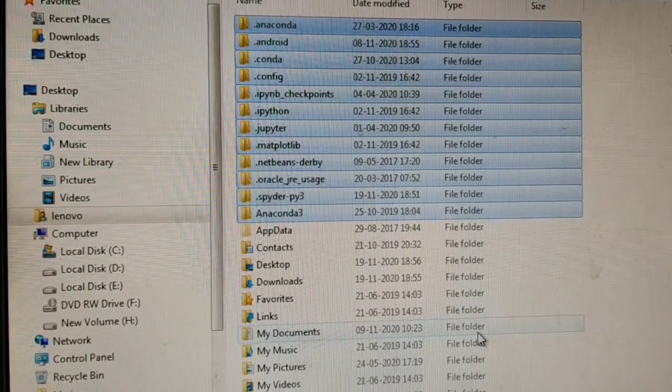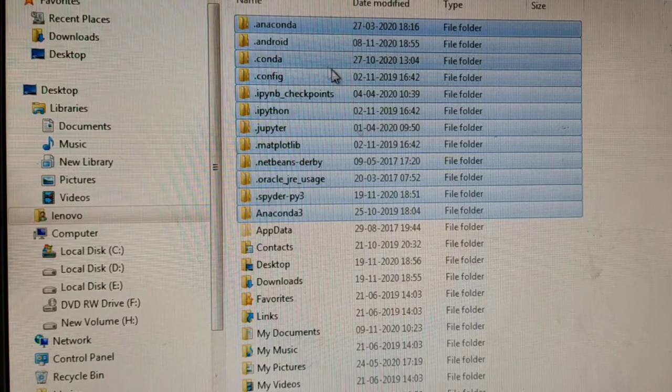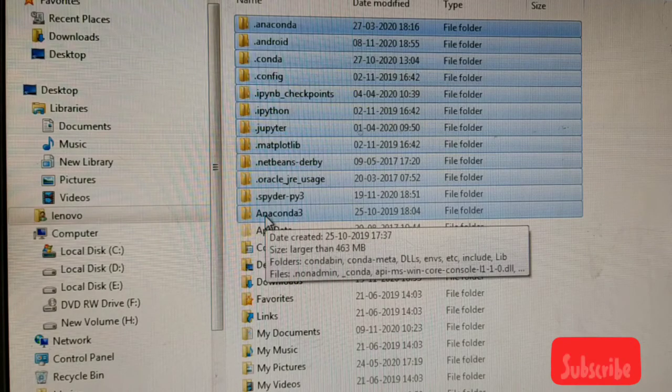First uninstall Anaconda from the control panel, then delete this Anaconda folder. After this, you can reinstall using the download that you have already done. By this way you can reinstall your Anaconda if you have some problem.